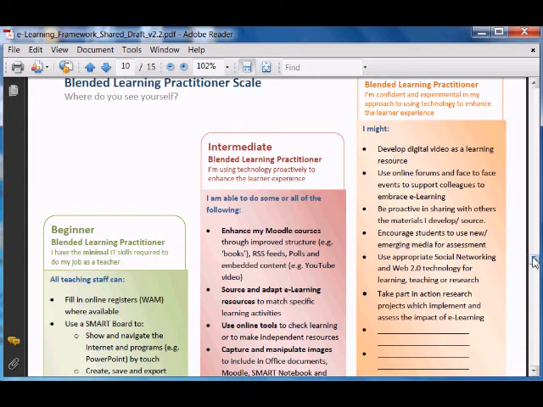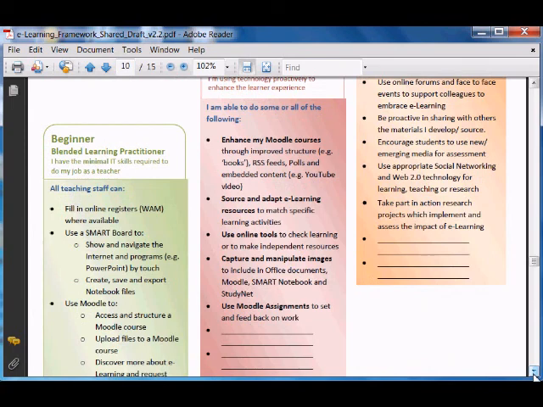You're enhancing a Moodle course through maybe things like RSS feed, which bring content in from other sources, embedding video, and experimenting with and adapting learn materials or things that you can source from the web, and also using tools to enable you and students to check learning. So this is the idea with the